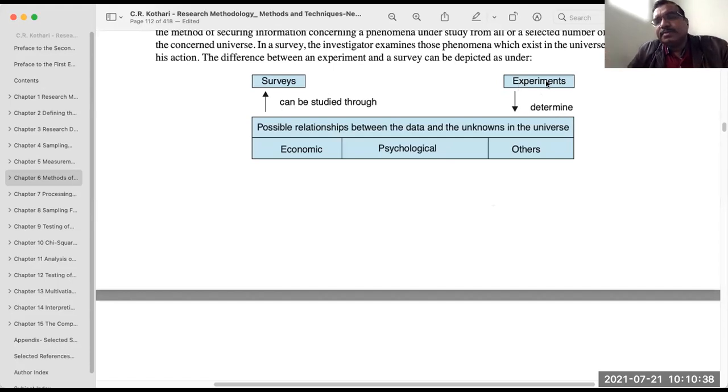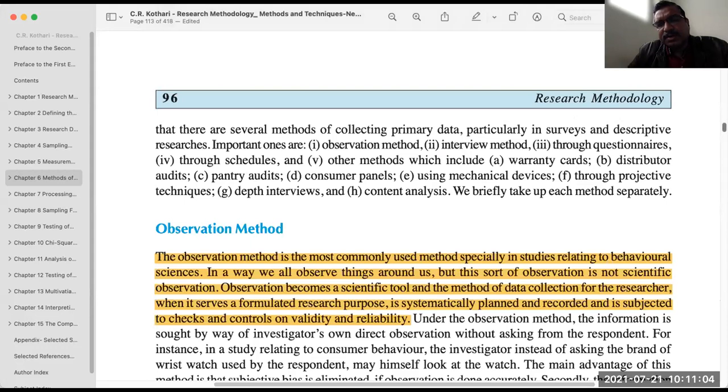So here you can get a more concrete, specific, precise relationship between the variables through experiments. Through survey, you can get what kind of relationship there may be. But with 100% certainty, you can't say anything. Okay. What are the different methods?